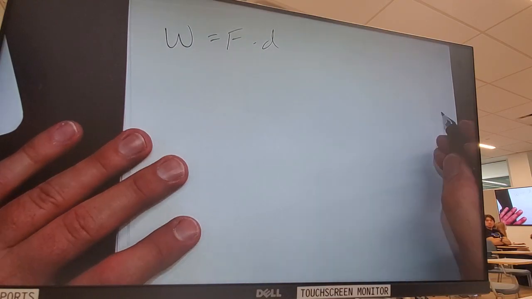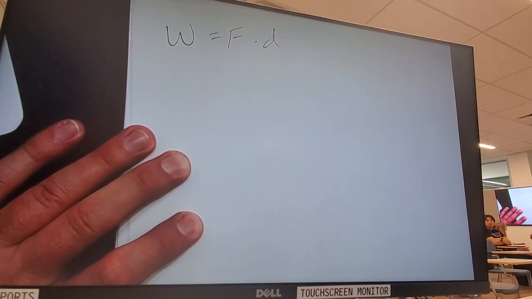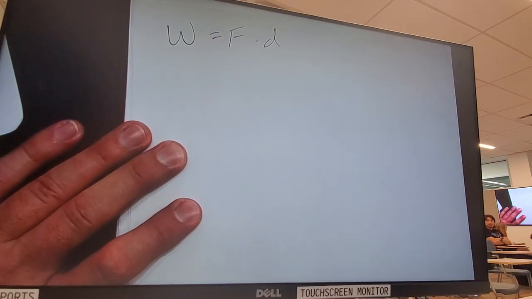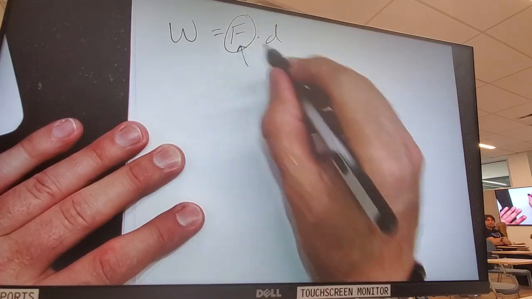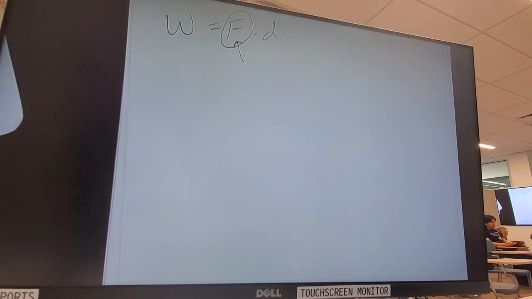So, if I have a field, for example, a little electric charge, and there's an electric field set up, and I want to push that electric charge through the field. I'm going to be doing more work on the electron if the field is trying to push it the other way. I'm going to be doing less work if the field actually wants to move that way. And of course, if I'm perpendicular to the direction of the field, then I'm actually not doing work either way.